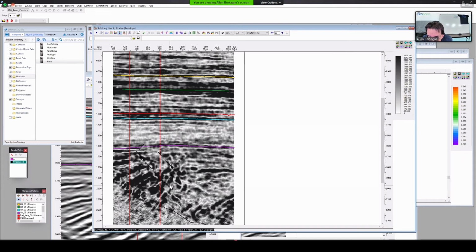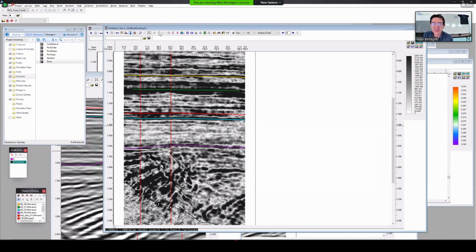It's a bit hard not being at my usual workstation setup, but now I can see that fault's doing this. So yeah, those discontinuity and other attributes will often make it easier to see those faults. In fact, now I feel a lot more confident about putting a fault, say, in here. And then, another one that I sometimes look at, at times really more for information, but let's just go